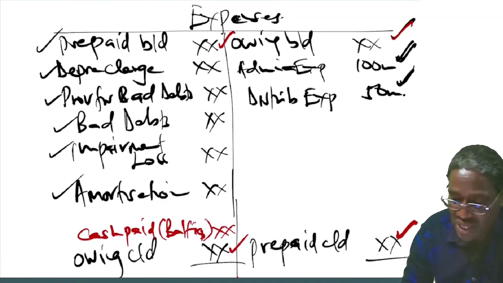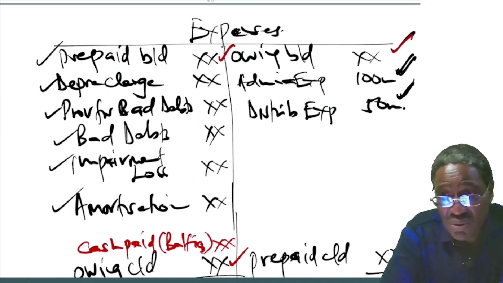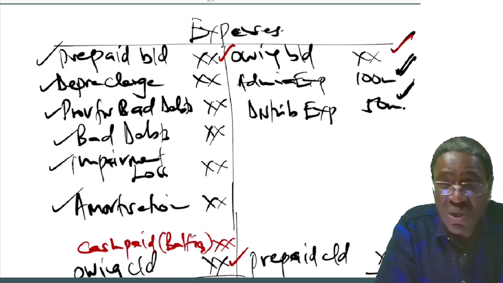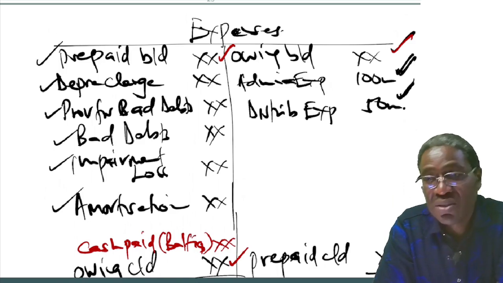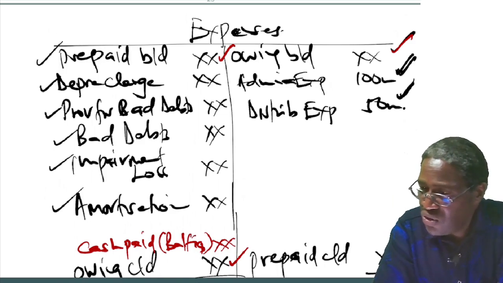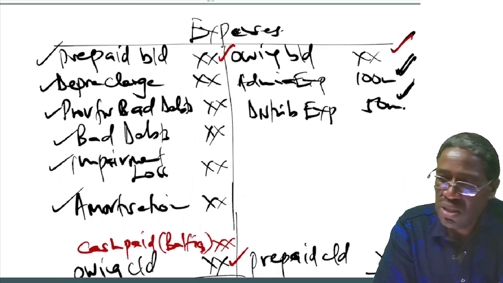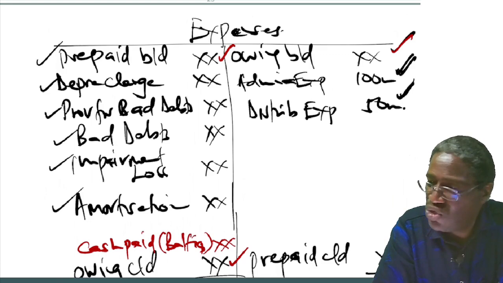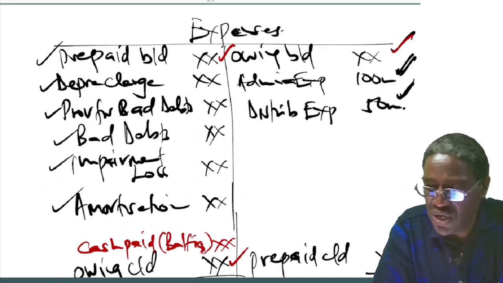Go to the balance sheet last year. You bring down the beginning balances, either as an owing or as a prepayment. Owing, just bring it down on the credit side at the beginning. Prepayment, bring it down on the debit side as a brought down. Why I told you? Because they were carried down last year, so we just bring them down by the beginning